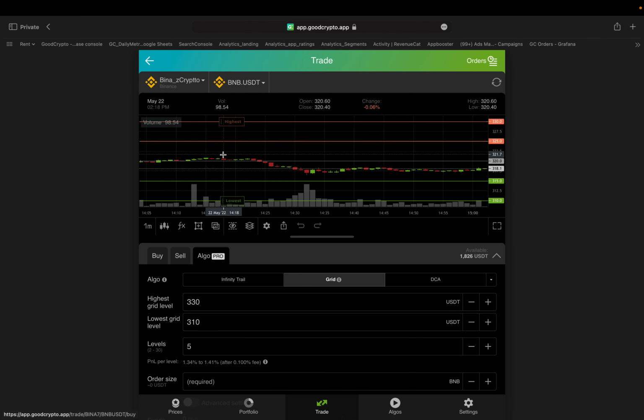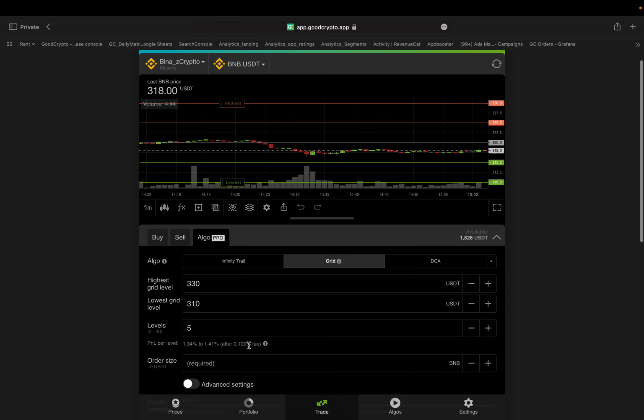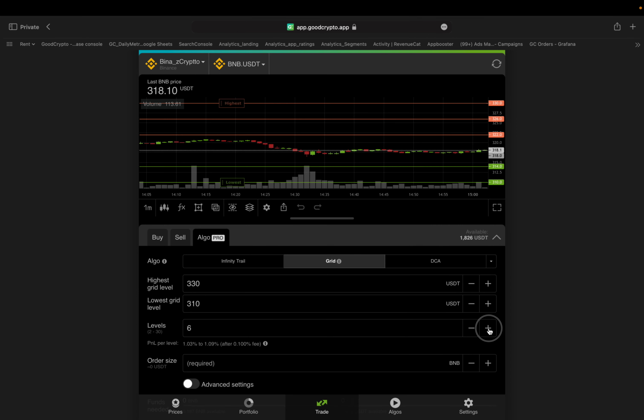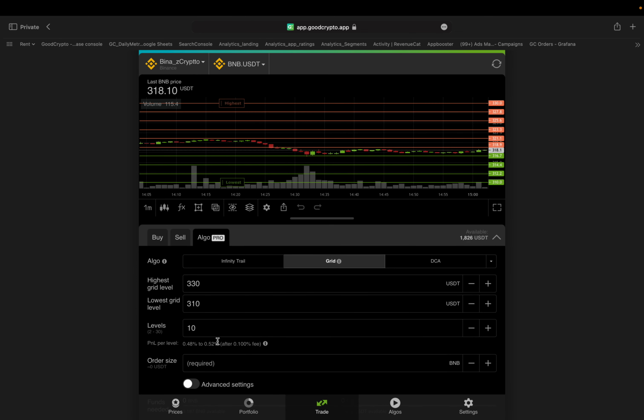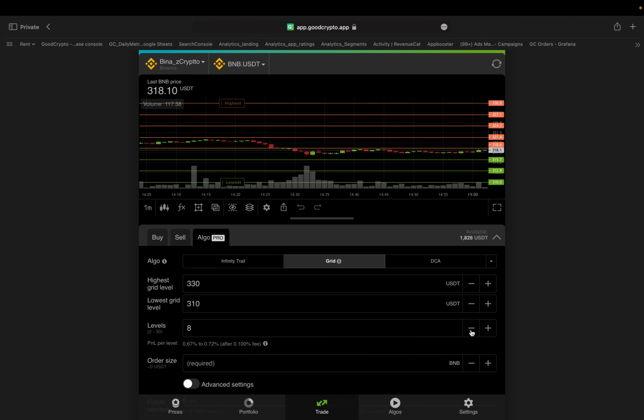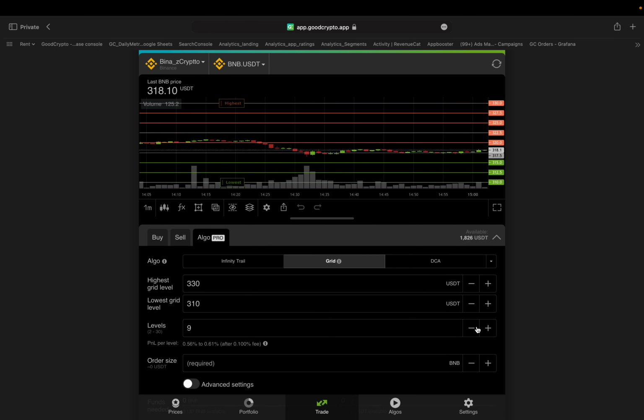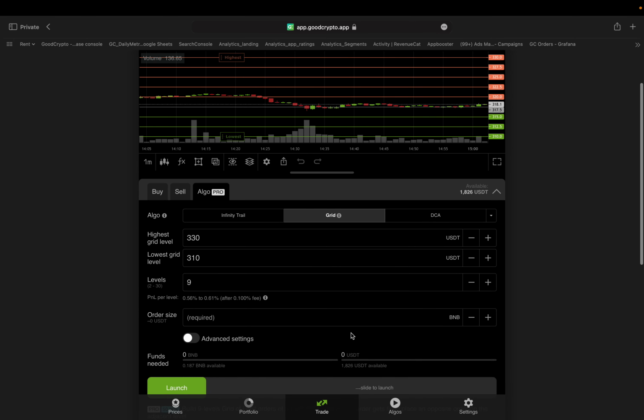Okay, let's go back to our BNB USDT with a normal Binance fee. So we've covered the highest and lowest grid level. We covered the levels, PNL per level, the fees, and how to think of those PNLs and use them when choosing the tightness of your grid, to measure how tight or loose the grid is. Tightness, that's the word I was looking for. Okay, now actually,